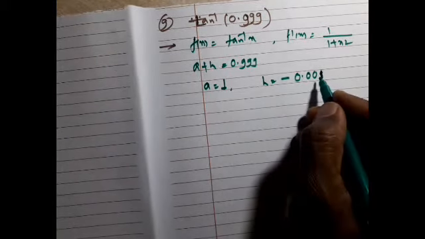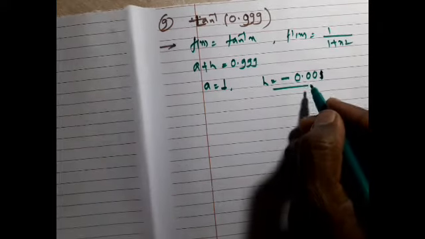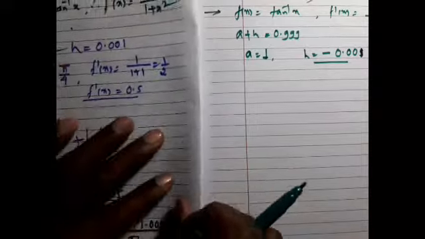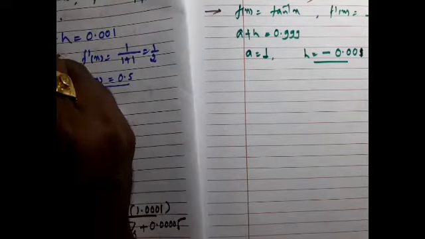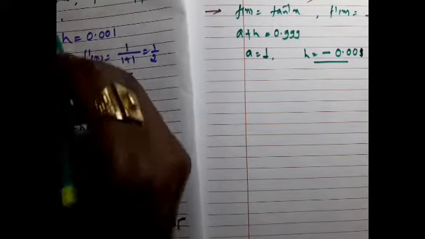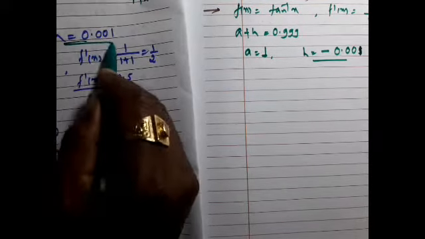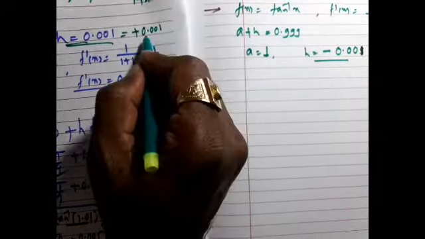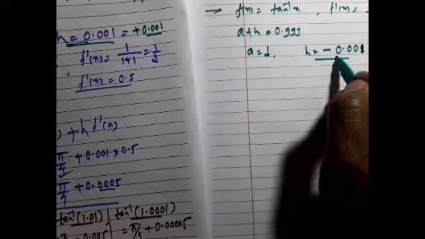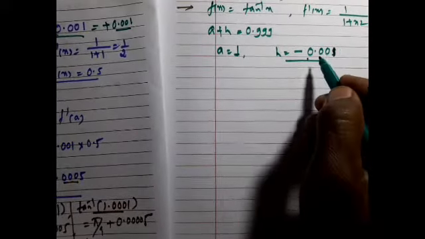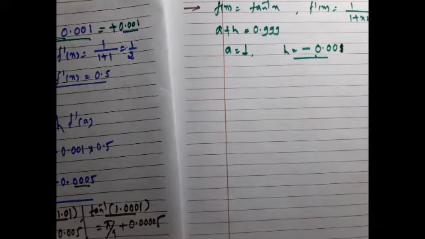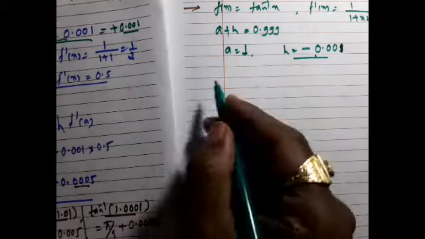1 minus 1, 0.01. So this is the difference. I am showing the previous example side by side. Here 1.001, that is extra. So we have taken plus 0.001 in one and minus 0.001 in the other. That is the only difference. So here we can solve this example, just copy the previous example.